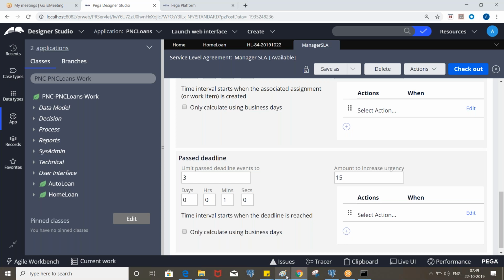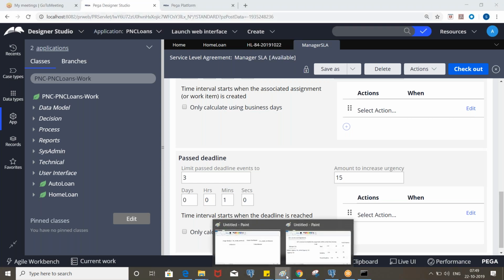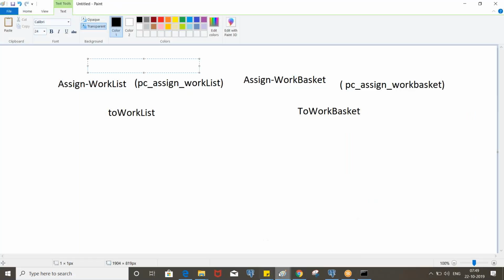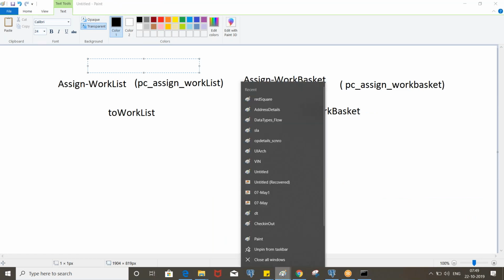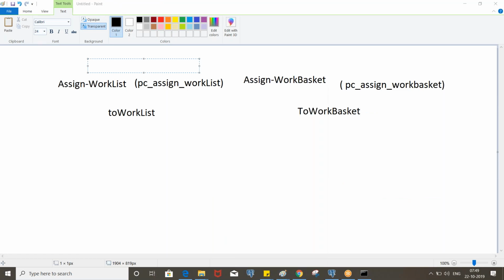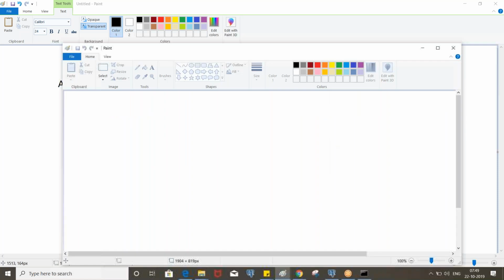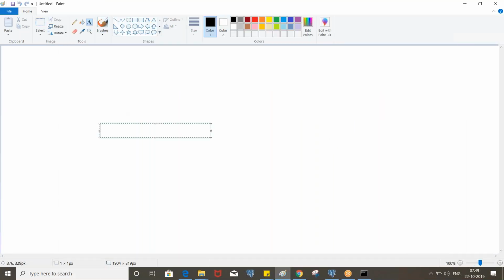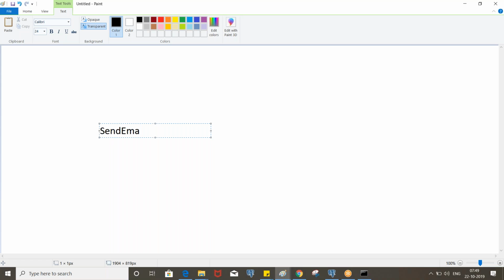So here, the PRPC provides the OOTB activity call, send email notification. Okay, so here we just need to pass the parameters.